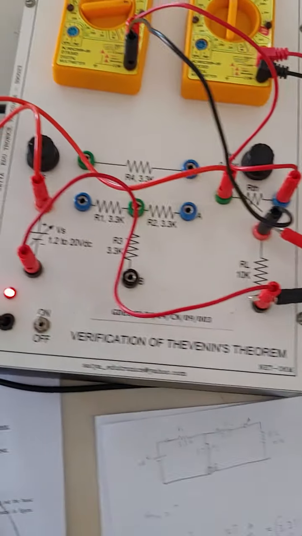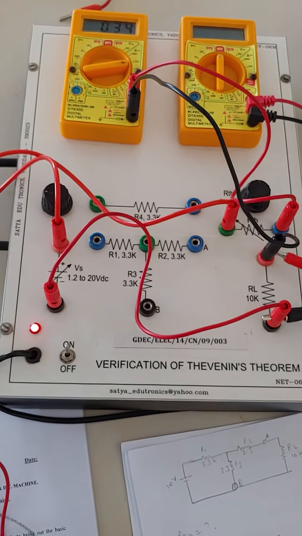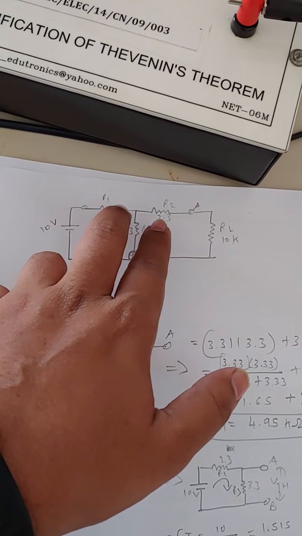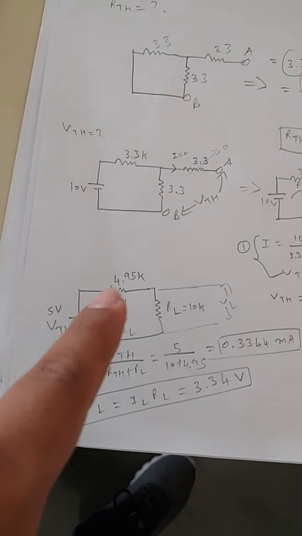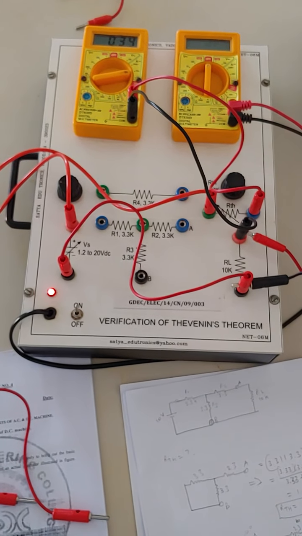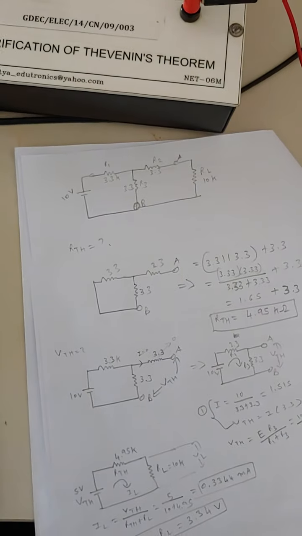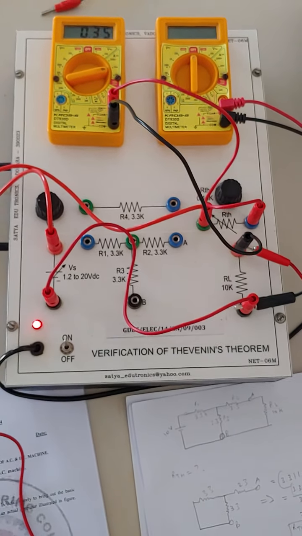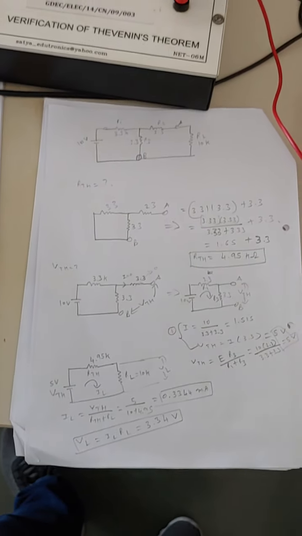You can use this theorem when you have large hardware, so that you can reduce all three resistors into one resistance and get a hardware reduction. So Thevenin's theorem is applicable in that case. You can produce the same current and the same voltage with the help of this reduced circuit. In this way you can verify Thevenin's theorem theoretically as well as practically. Okay, thank you.